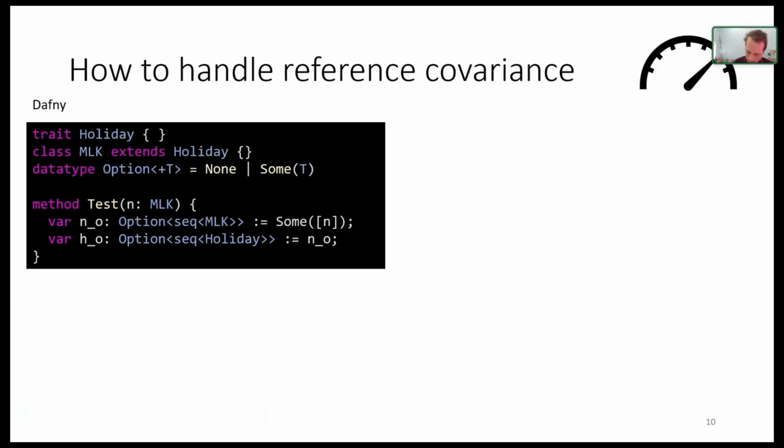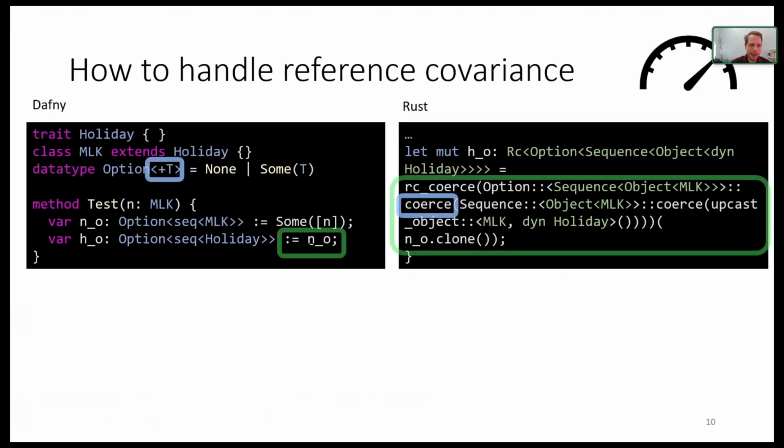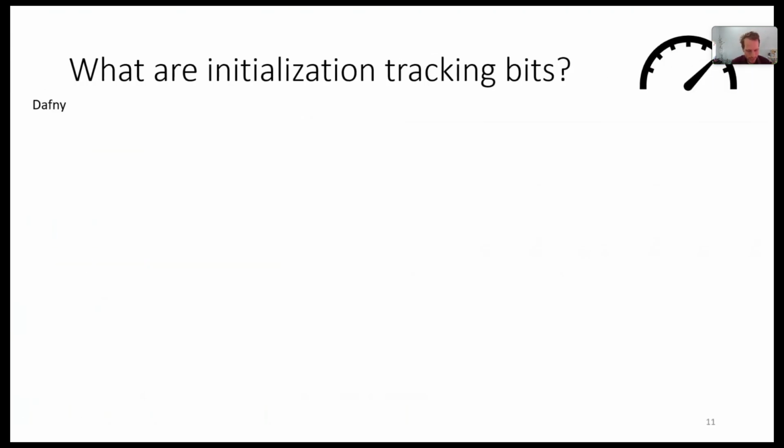This is possible in Dafny. Rust doesn't allow you to do this normally, because simply the traits have 16 bytes with a virtual table, whereas the classes will only have 8 bytes for the data. So if you really want to do this, we emit coercion combinators that you can use to convert all your data, your types to the types with the traits. But I would advise against it. If you can avoid it, use bound type parameters and try to upcast only at the last moment.